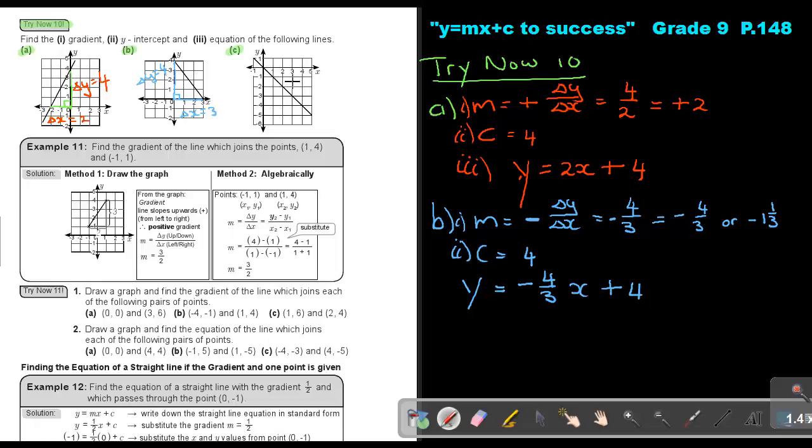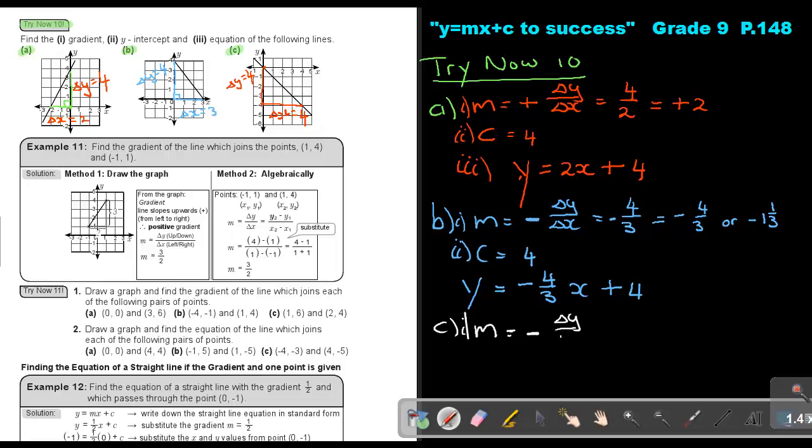Now in this case, it's not cutting the axis, so we are going to create our own block. Let's take it from there to there. That's very nice. That's a nice block. So this is delta y and this is delta x. So delta y is 1, 2, 3, 4. Delta x is going to be 1, 2, 3, 4. It's also 4. But now let's just write that one. We can write that one in white. So basically that slope is going down. Can you see? So the value of m is going to be negative.